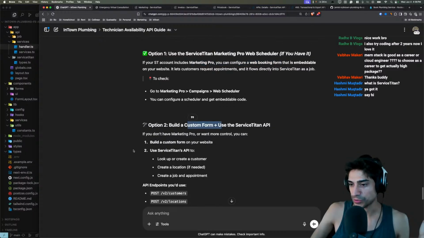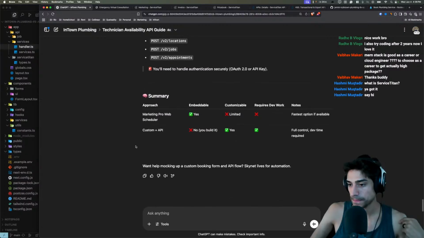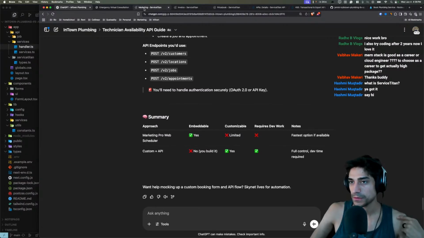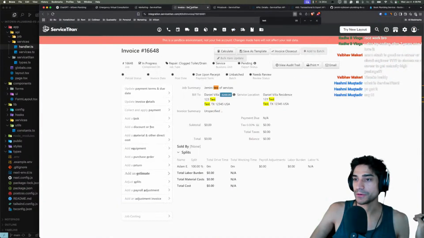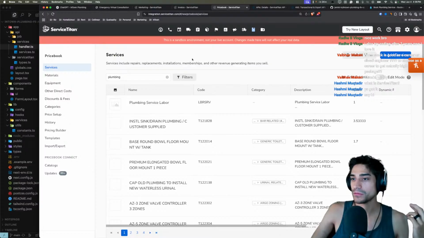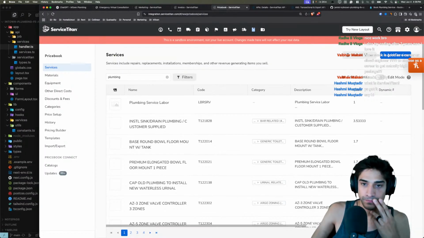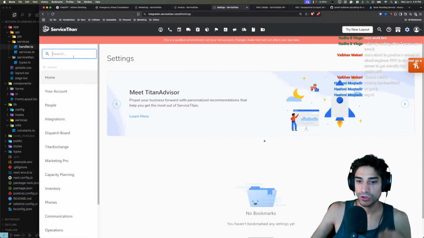Build a custom form and use the API. Yeah, well, that's kind of what I'm already doing. You know, I probably need to just ask the client where they're getting that information from. So we might have to just wrap up here, because you guys don't need to see me struggle through all this. I'm going to try one or two more things, though, because if I go back to settings, there should be